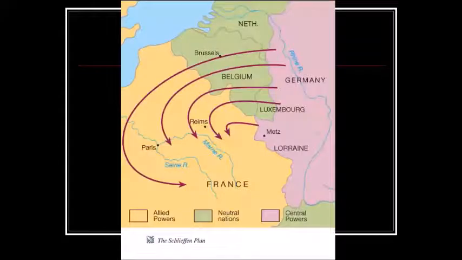All right. So here is basically the plan. We have Germany in the purple on the right. You cut through Belgium using it as a shortcut because along that France-German border is actually more heavily defended areas. So the German plan is to bypass, go around those French defenses and basically hit them from behind and taking them off guard and beating them a lot faster, including taking Paris, the capital of France. All right, so